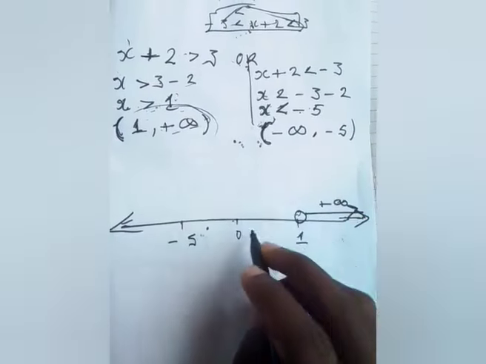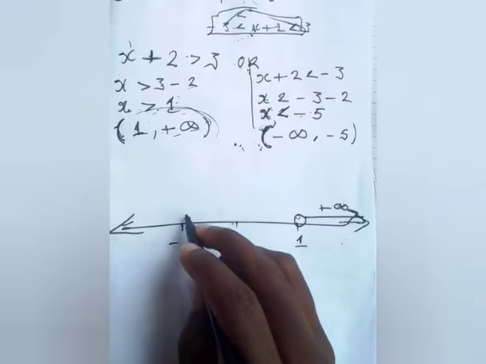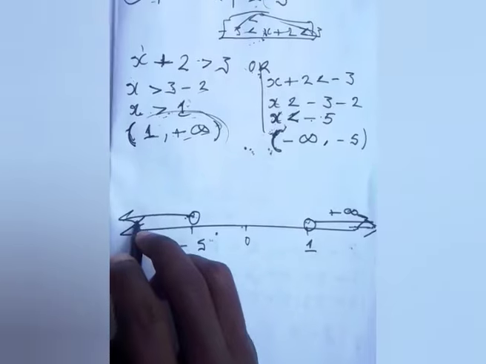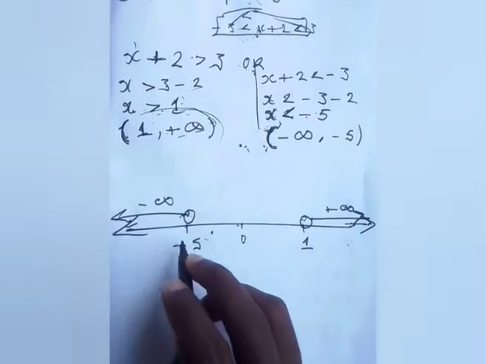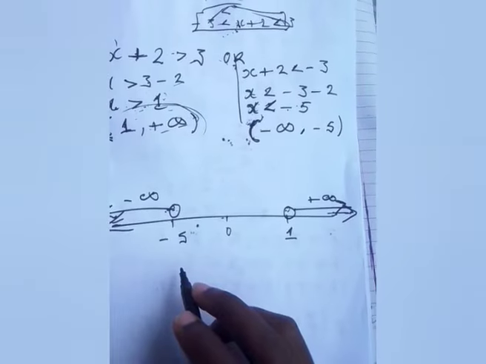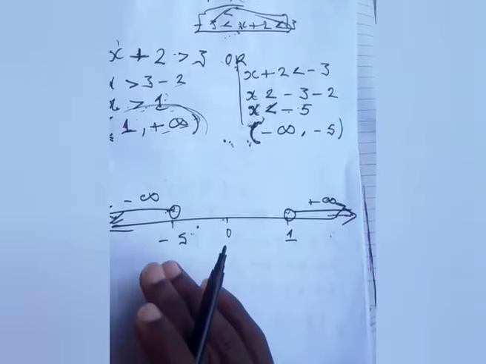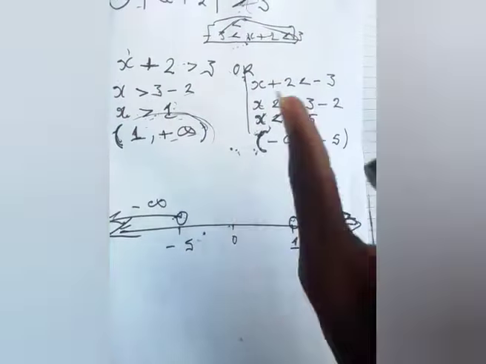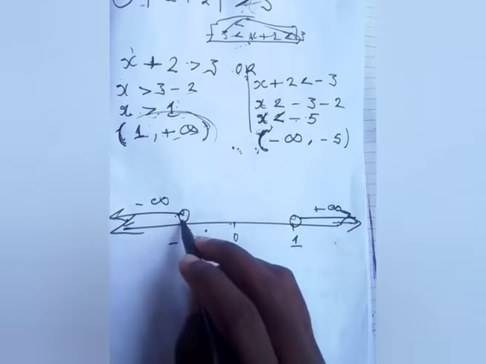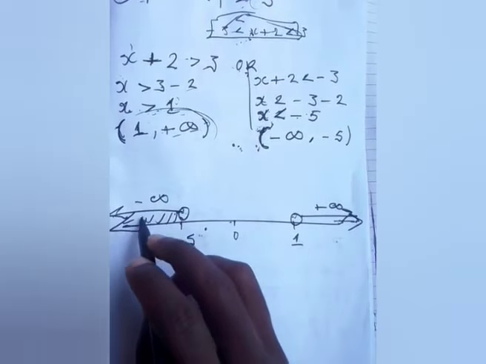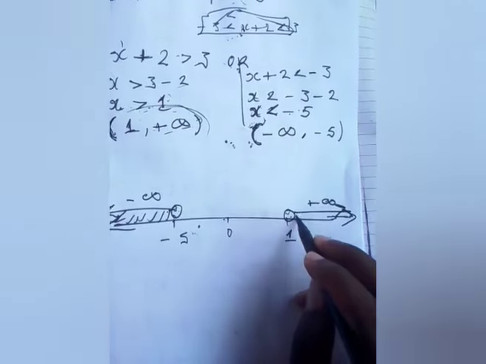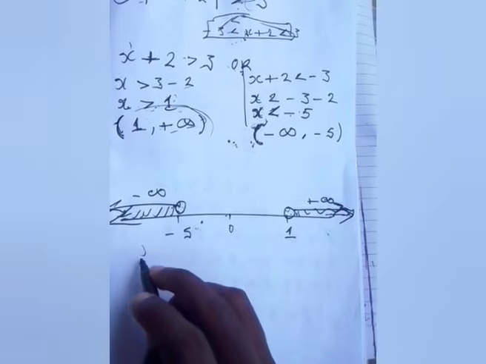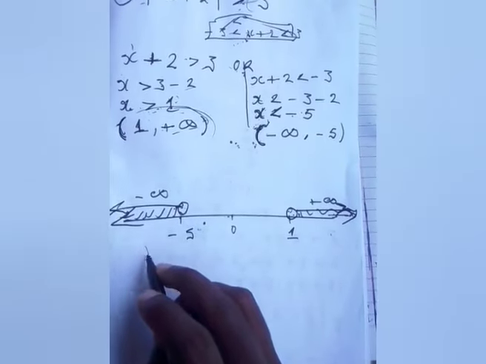And then for me to draw this, I need to show that I'm starting from negative 5 going to the negative infinity. So union is the region where we can find the values for this and this, then we unite them. So it is starting from here going to the negative infinity, and starting from here going to the positive infinity. So basically you can simply say that the union, the final answer, is the range